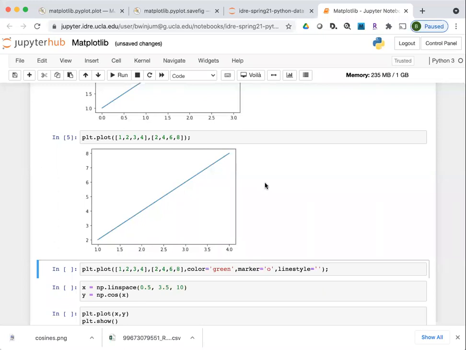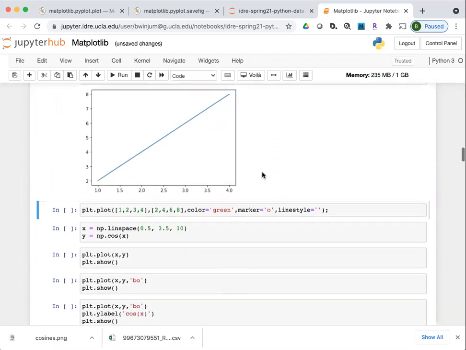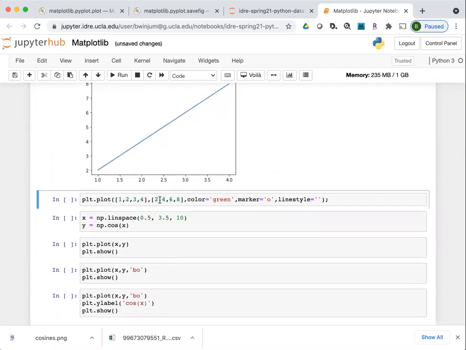In addition to passing in your elements, you can pass in things which alter the graphic itself. So here, this is a bluish line, which is connecting the points that I pass in as the data. In addition to passing in the points, you can specify, say, what the color is. So I'm going to change this to a greenish color.